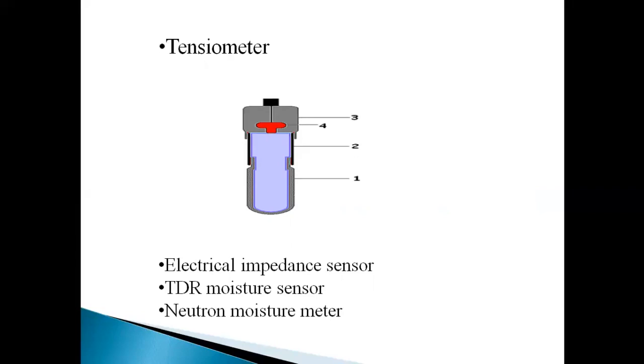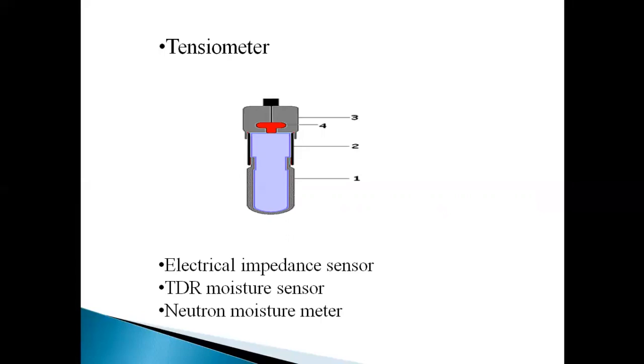Next sensor is the TDR moisture sensor. A TDR moisture sensor employs time domain reflectometry to measure moisture content indirectly based on the correlation to electric and dielectric properties of soil. Measurement usually involves inserting a sensor into the substance to be tested and then applying either standard waveform analysis to determine the average moisture content along the sensor or profile analysis to provide moisture content at discrete points along the sensor. A spatial location can be achieved by appropriate installation of several sensors.